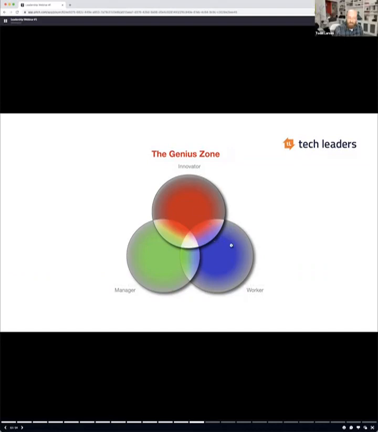Similar to you, Stephen. Yeah, I started my career as a worker, like probably everyone on this call. Moved into more of the innovative leadership, and I would say this is where I prefer to be, with kind of light touch managing when necessary. But we're very similar in where we lay in this diagram. So the important reason to know this is because if you are spending most of your time doing what you enjoy, then you'll probably be quite happy in your work.